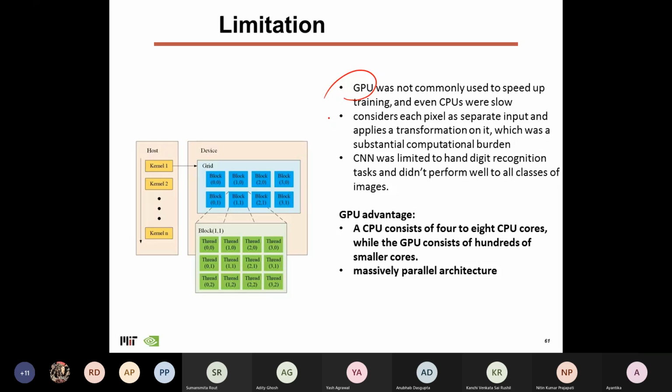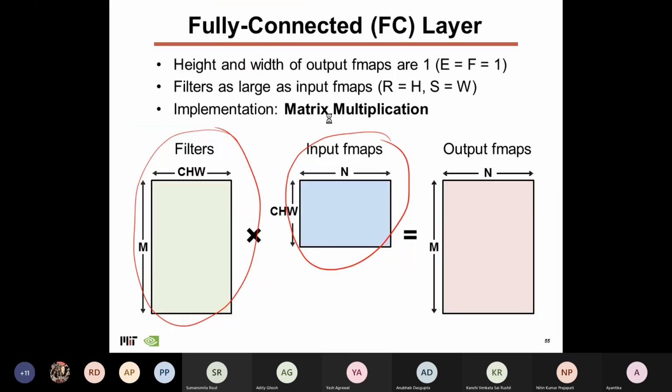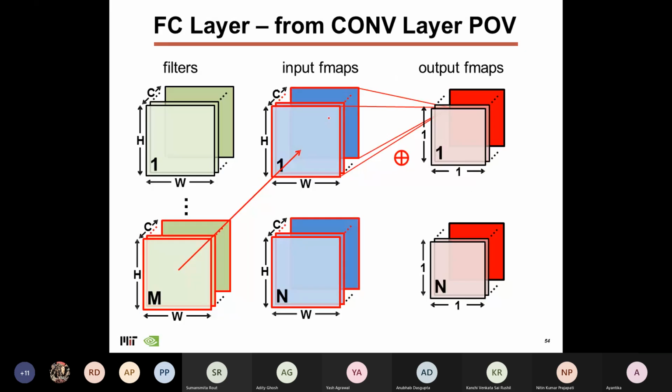Here, those who have never worked on GPU and have no idea about the basics: why do we consider GPU for machine learning and for this type of operation? Now, observe what you are doing in general in machine learning, whether in a fully connected layer or a convolution layer. You are basically doing matrix multiplication, which means you are repeatedly doing the same type of operation